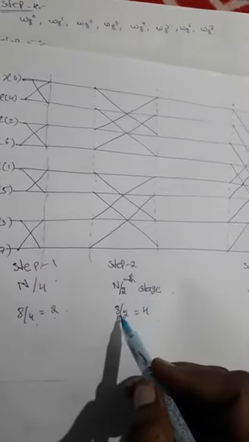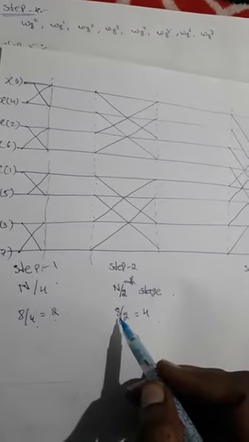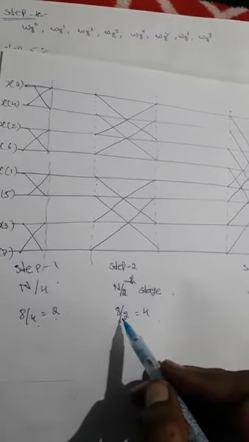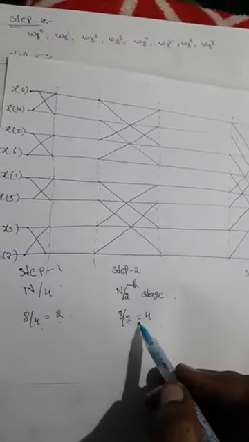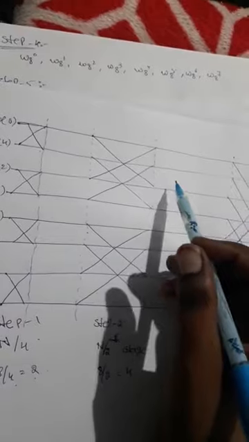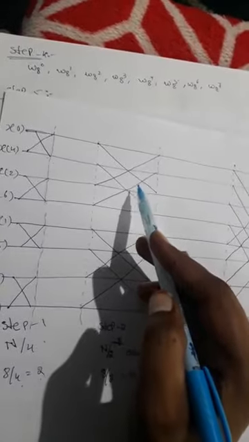And next, stage 2. In stage 2, we put the n value as 8. n by 2 equals 4. So we will get 4. We will construct the combination of 4: first 4 and next second 4, that is, first the even 4 and next the odd 4 values. Okay. We will construct the combination of n.